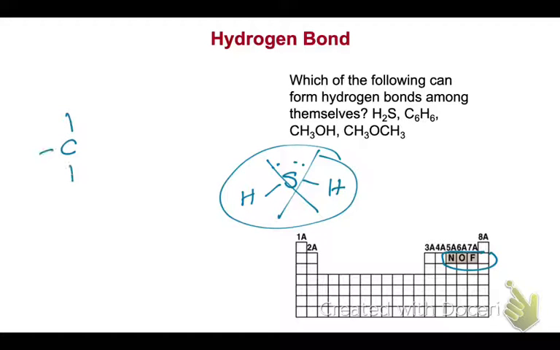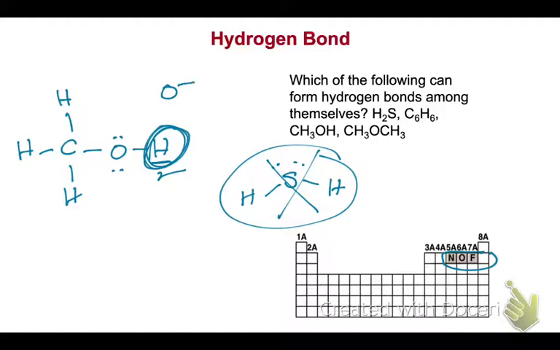Now, methanol has the following Lewis structure. So, do I have a hydrogen bonded to one of the three atoms? The answer is yes. This is the only hydrogen in the molecule that can hydrogen bond, and it will hydrogen bond this way. So let me draw it down for you. If this is the other methanol, then the hydrogen bond will exist between the hydrogen bonded to the oxygen and the oxygen. Okay, how about